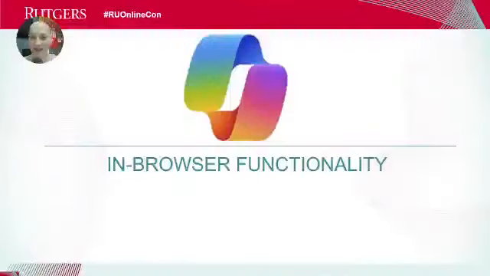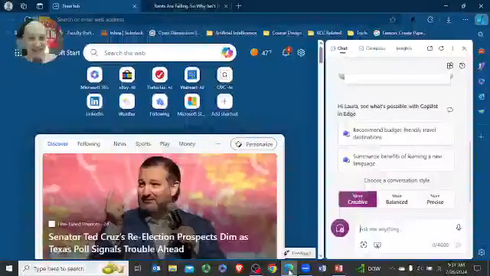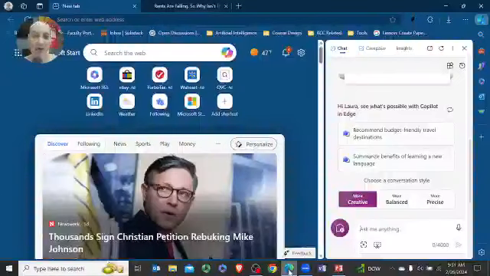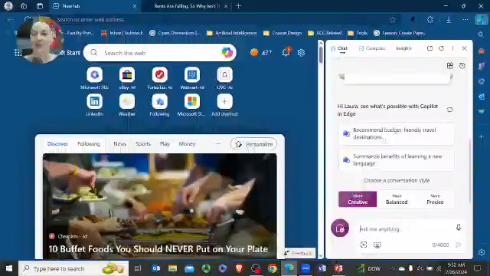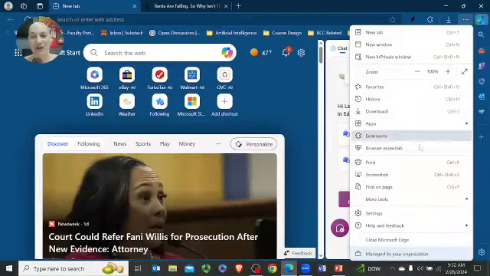What we will examine next in Copilot is in-browser functionality. My favorite feature of Microsoft Copilot is its ability to use the AI model to analyze anything that appears in the browser. But in order for that functionality to be engaged, we have to change the sidebar settings. So if we click on the 3-dot bar that is horizontal in this case, not vertical, and we go to settings,